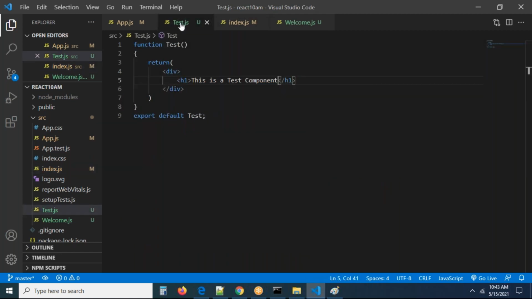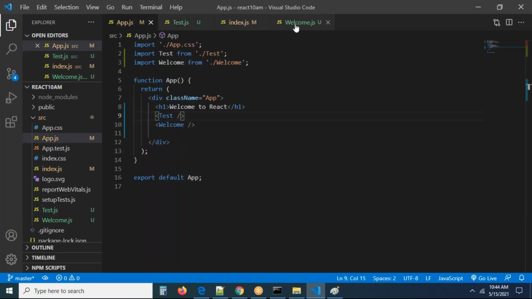That's the reason I'm saying, whatever component you created, that component we can load into app.js. You created welcome. Tomorrow I can create so many components. You can design the components, guys. For example, you are having something like this, right? You can design the component. I want to design these two components side by side. So I want to display 5 components side by side. How we can display them side by side, all we are going to see in the upcoming sessions.